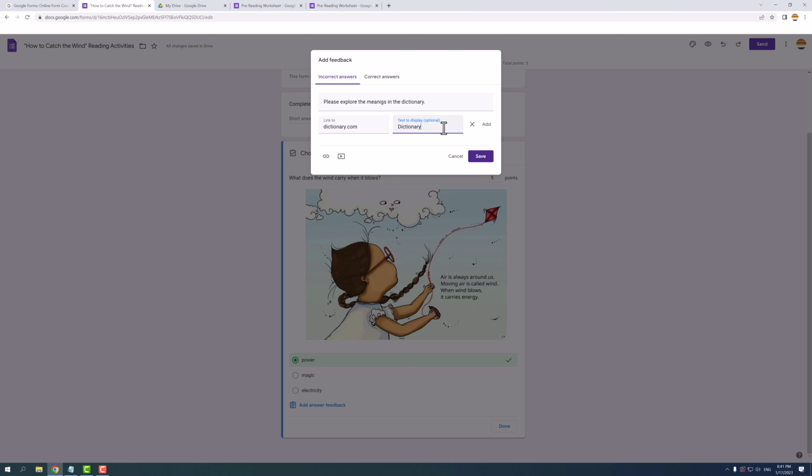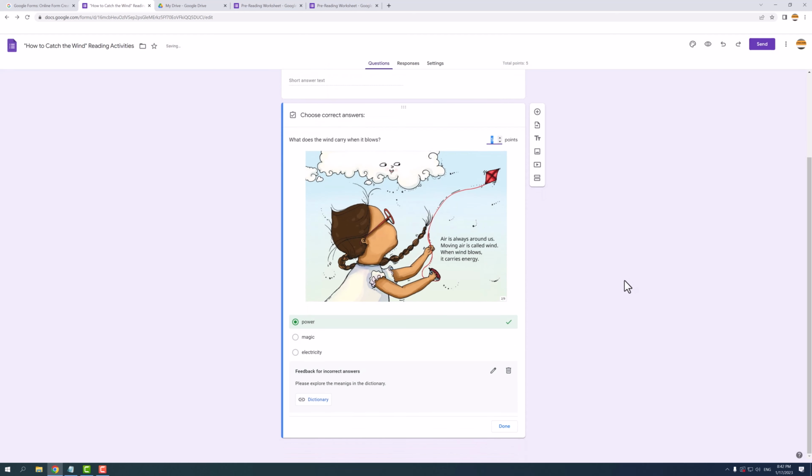Here I choose the word for the link display word, and once it's confirmed, click Add, and you'll see this will be an active link for students. Click that purple Save button to save your feedback. Notice that here you have the pencil and trash bin icons to edit or delete the feedback if you like,